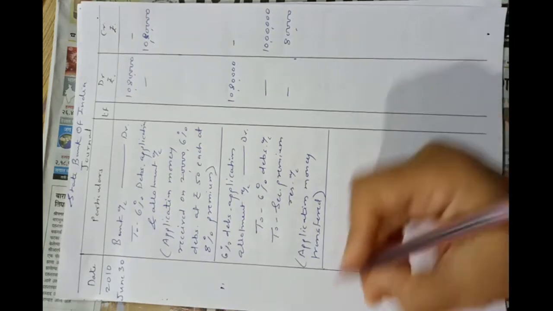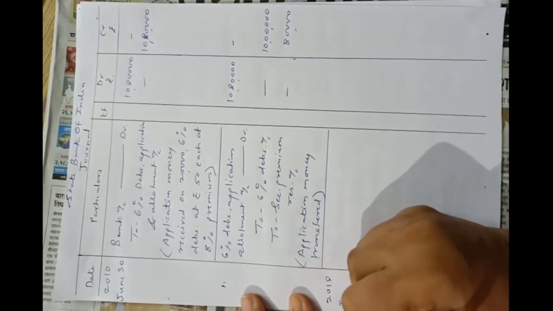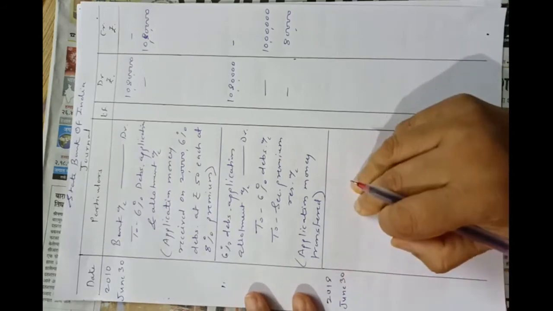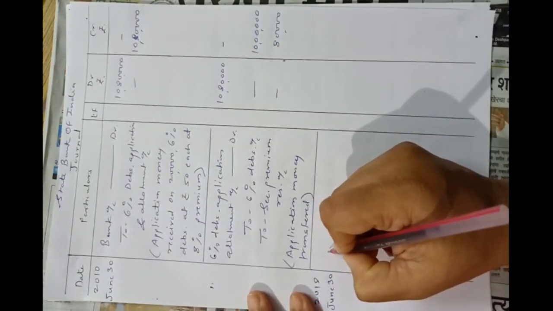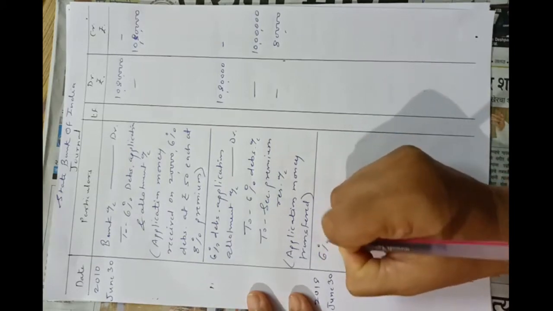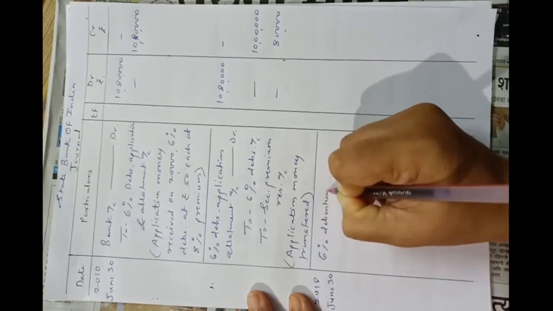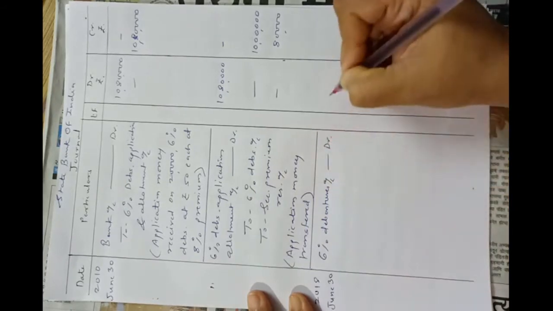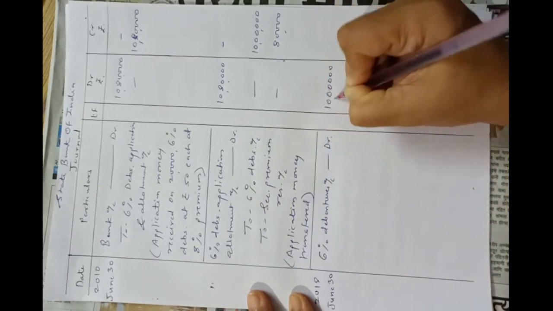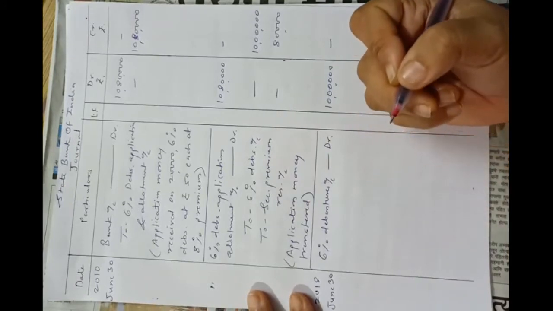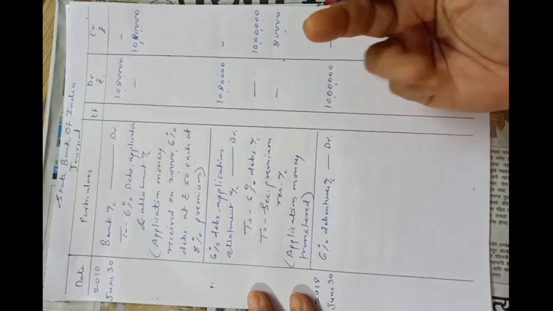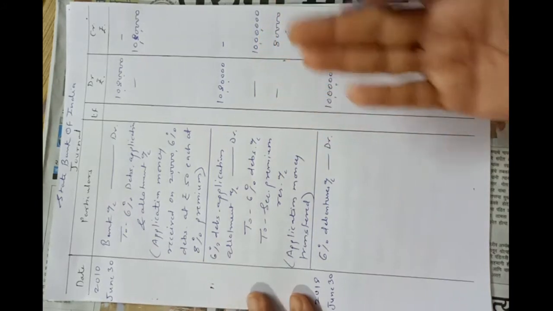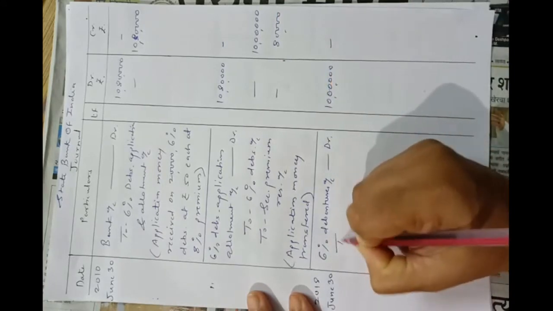Directly on 30th June 2018, entries of redemption, that is the amount due to debenture holders and amount paid to debenture holders. These two entries will be passed. So first amount due on redemption, 6% debentures account debit, 10 lakhs rupees are due because these debentures are redeemable on 30th June 2018. Only this is mentioned. So it is assumed that they are redeemable obviously at par. So 10 lakhs amount is payable to debenture holders.